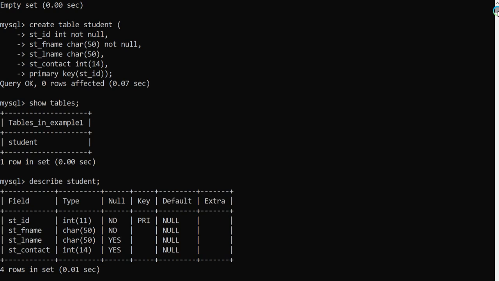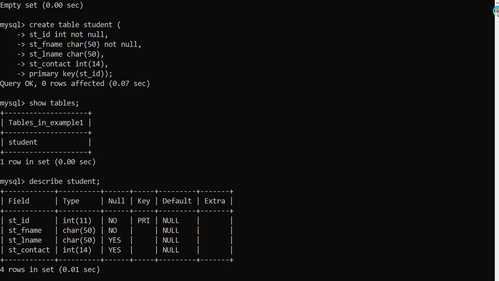There are some restrictions and updates: whatever changes I make in the primary key field, the foreign key will automatically change. If we want to delete a record from the student table, it may also delete from the other tables where the foreign key is defined. We have to write on update cascade and on delete cascade.